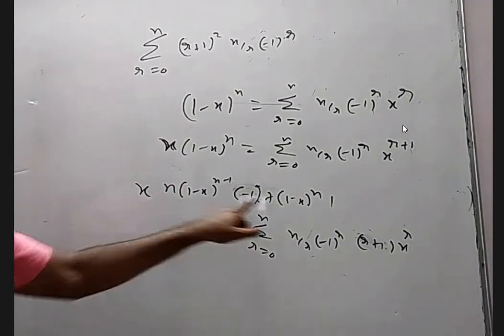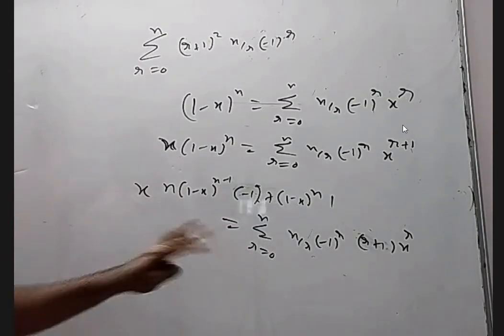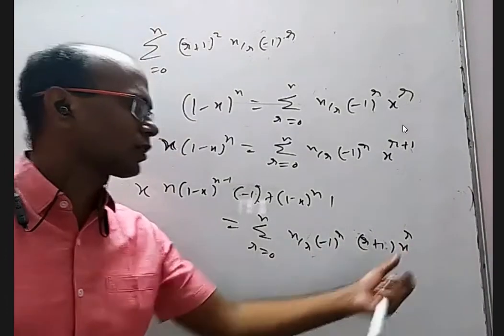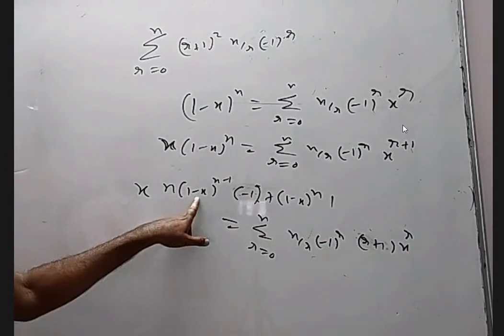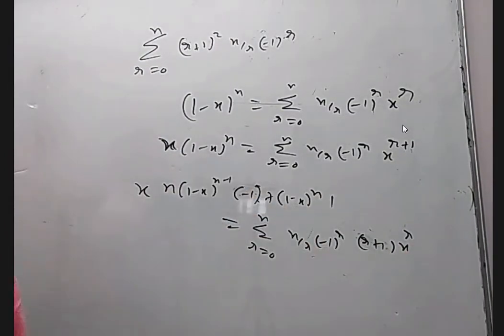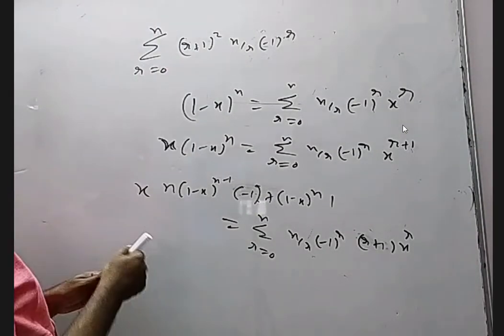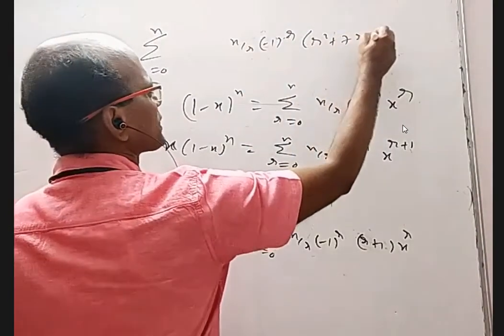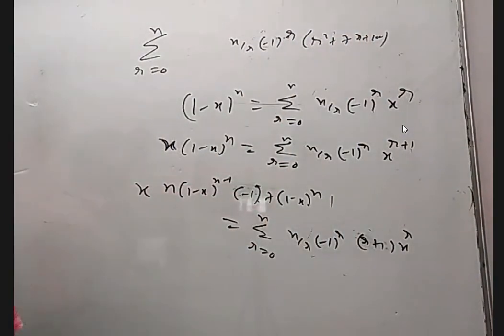Here I have to multiply with x and use the UV rule. But after that, I have to put x equal to 1, because I want only this term, not the other. When I put x equal to 1, this is 0 and this is 0, so that's why the answer is 0. In fact, this (r+1) whole square doesn't matter. Let them give whatever they want. Let them give r square plus 7r plus 100. I can guarantee you the answer is 0.